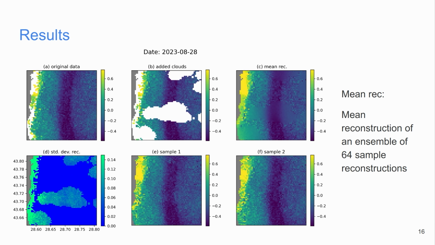But once you have this sample, you can also use it to compute other statistics, like the standard deviation, or derived quantities, like if you're looking at fronts. So you can easily propagate this uncertainty in a Monte Carlo-like fashion to other